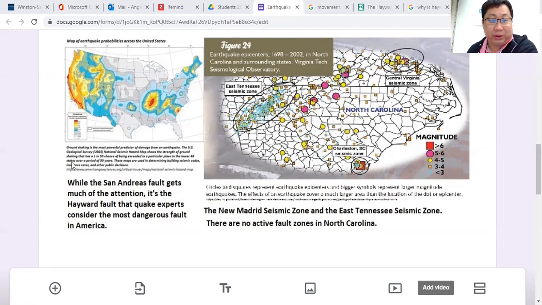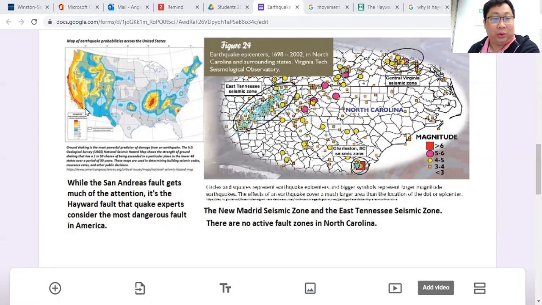On the left side of the picture, by the way, these are not my pictures, okay? I just borrowed them. On the left side, we'll see the map of the United States and it's color coded. I need you to notice which areas experience the most earthquakes. The areas that have the most earthquakes are the ones with red. You will notice that on the western side of the United States, there is an area here that is so red, which means this area experienced a lot of earthquakes.